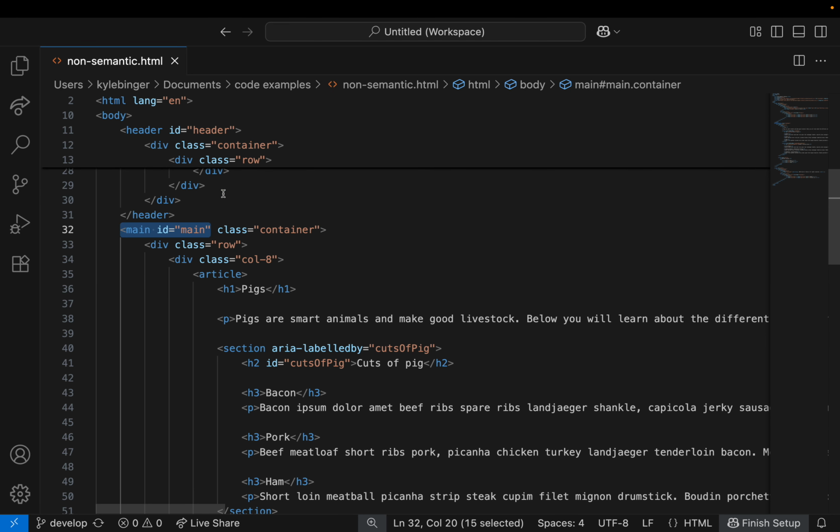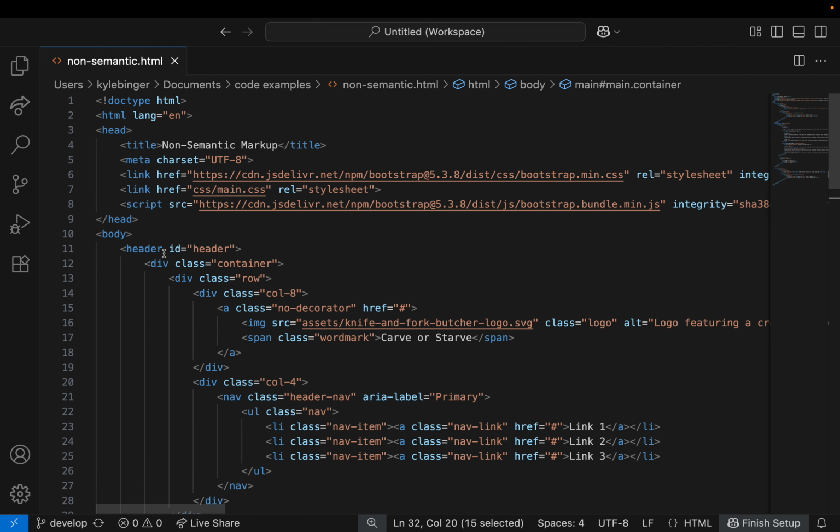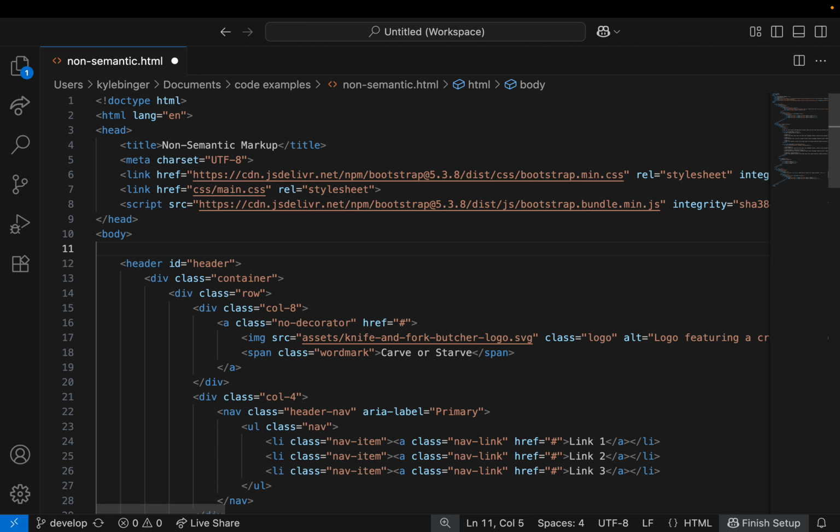And one thing that we can do is add a jump link in our page to the main content of our page. This is a pretty common pattern among sites. If you start tabbing around on sites, you may find this or stumble across this yourself. Now, the best practice is to put it as the first thing in your body tag.